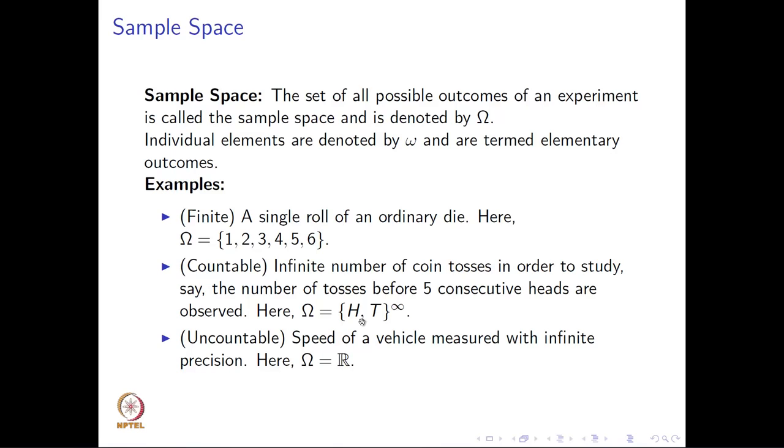In the second example, the experiment consists of tossing a coin repeatedly until a specified condition is observed. Here we are looking to observe 5 consecutive heads before terminating the experiment. The sample space here is countably infinite. The individual elements are represented using a sequence of H's and T's, where H and T stand for heads and